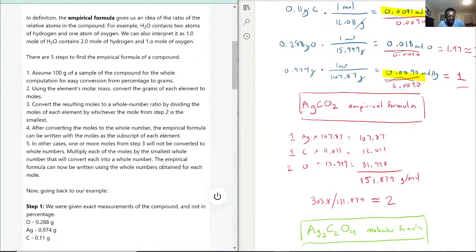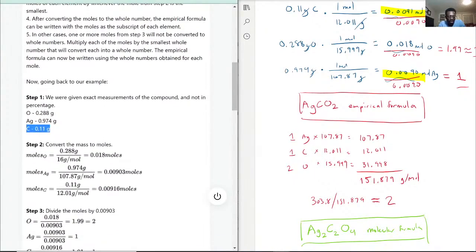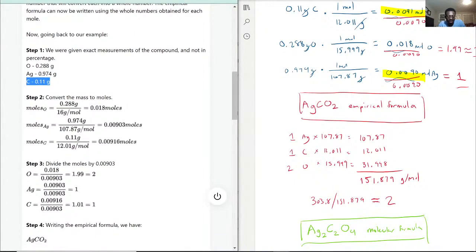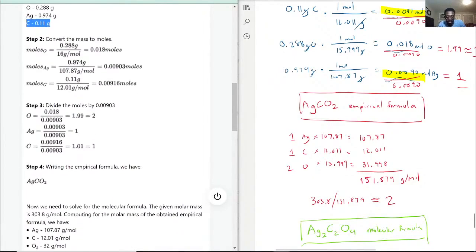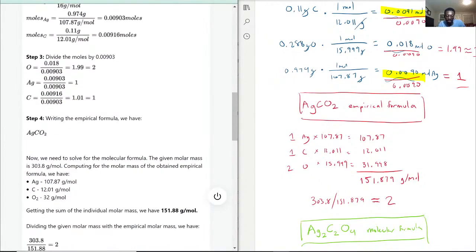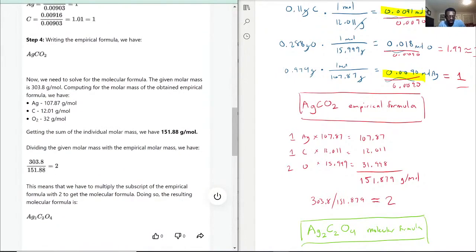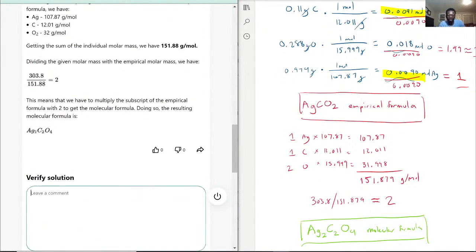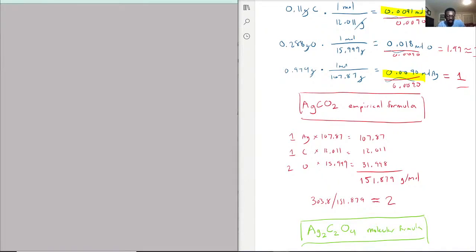So with that, let's see. Step 1, they found the carbon, which is correct. They found each mole amount, divided by each other, and rounded. Yep, 2, 1, 1, good. So it's AgCO2, perfect for the empirical formula. And now they figured out 151.88, perfect. So there's a ratio of 2, and that means they got Ag2C2O4 for the molecular formula. Perfectly done. This is correct. A lot more streamlined than the previous question, so that's good to see. Now let's move on to question